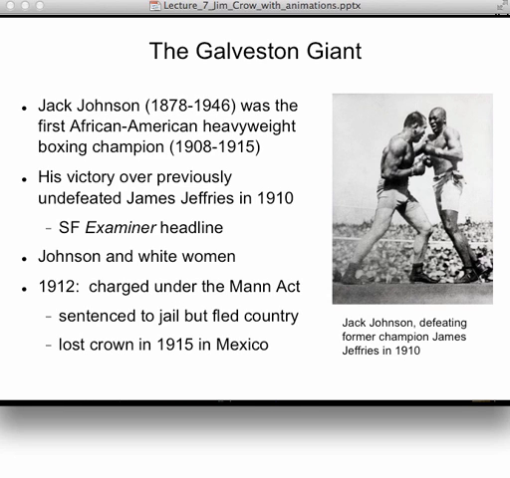And you can see sort of the depth of the contempt that many white sports fans had for Johnson in a headline from the San Francisco Examiner about the fight. Quote, "Jeffries mastered by grinning, jeering Negro," end quote. The thing that Johnson did that was most controversial was that everywhere he went, he traveled with a large entourage which was entirely composed of white women. And so this tended to reinforce the stereotype of the black male who only wanted to sleep with white women.